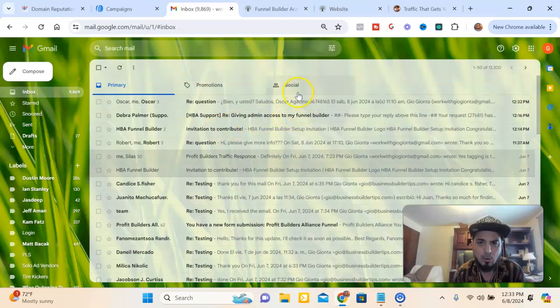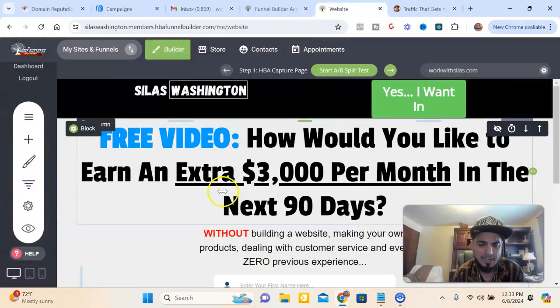And right here, I just got an offer to contribute. So basically, within my funnel builder tool, I can actually manage people's funnels. This is the funnel builder tool that I built my entire traffic store off of as a traffic provider, as an e-commerce store. You could do different things. So if you've been trying to figure this whole thing out, you need